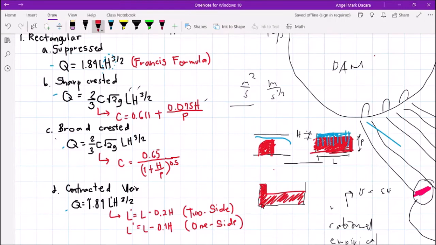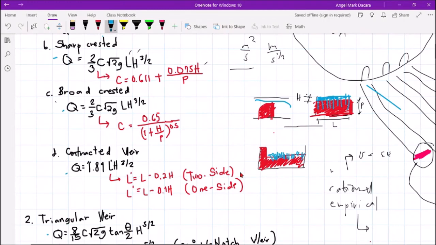Okay? And may factor yan. Ito syempre the water flows occupies the whole area of the channel or the whole width of the channel. Pero pagdating doon sa weir, medyo napipigilan pa yung pag-agos niya dahil may contraction from one side. Ibig sabihin ng contracted, syempre parang mas pinakipot yung daan. That is contracted weir. Okay? Pagka one-side rectangular weir,